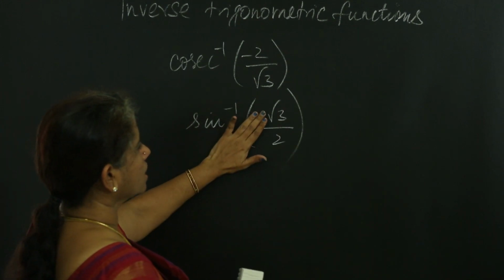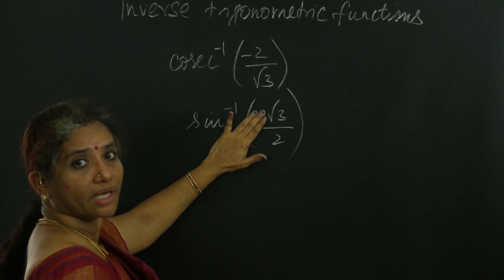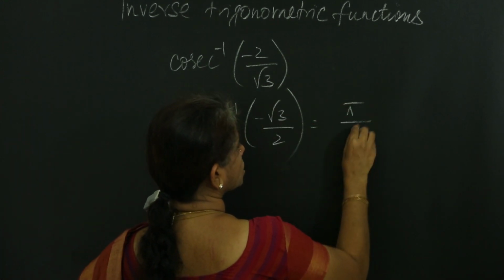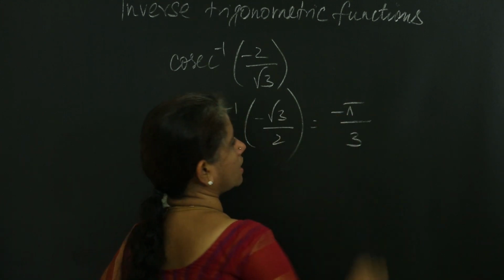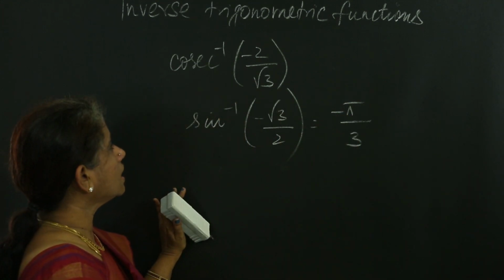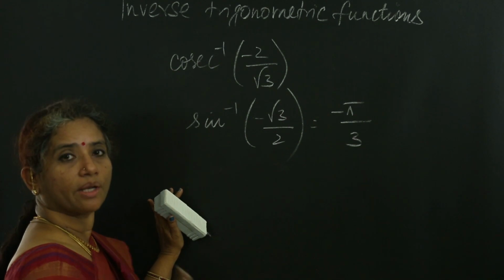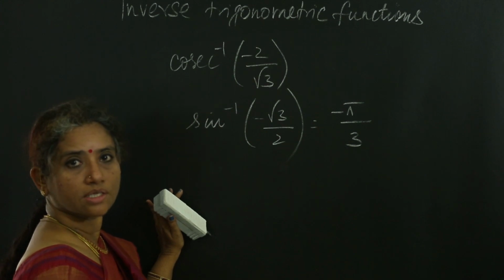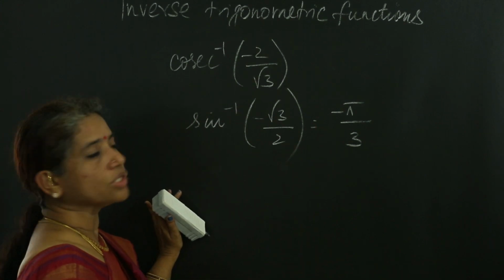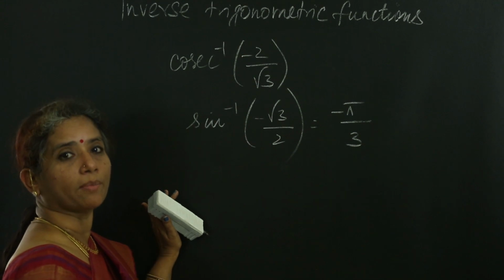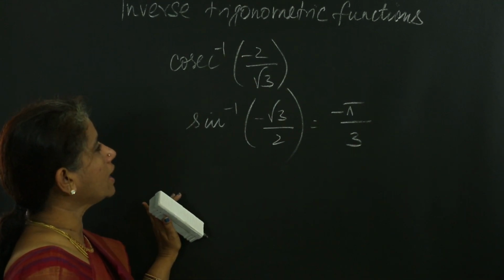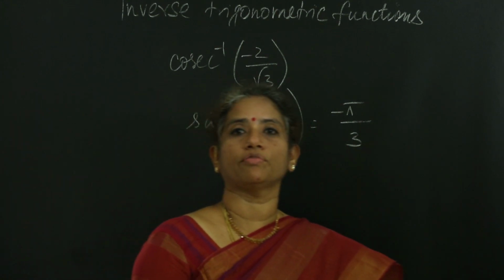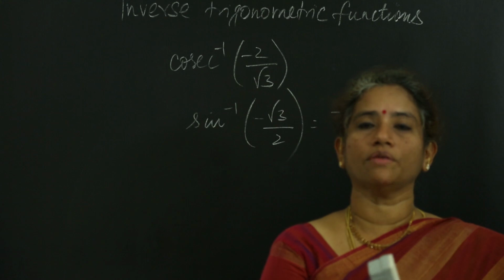But without the sign, what angle has sine root 3 by 2? You know it is 60 degrees, which is pi by 3. Because there is a minus, put a minus sign. So basically, for inverse trigonometric functions, we remember the values for sine, cos, tan, and for sine and tan, just change the sign when it is negative, and for cos you need to go to the second quadrant, which is pi minus. So like this we will be calculating the values for inverse trigonometric functions. Hope this is clear for you, and this is very important because with this only we are going to do the